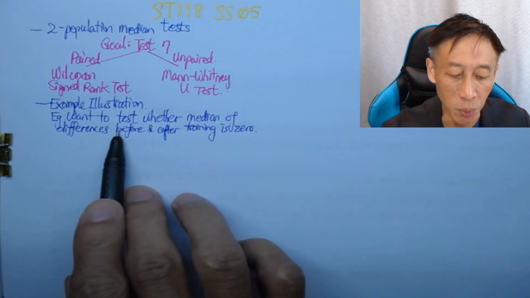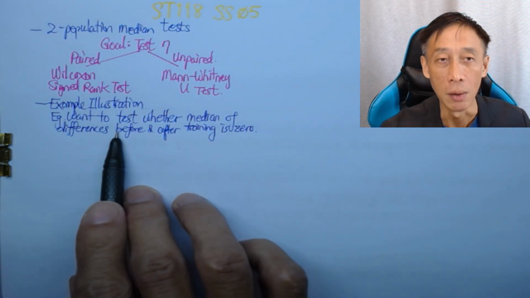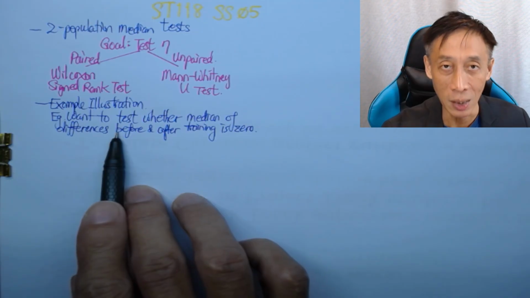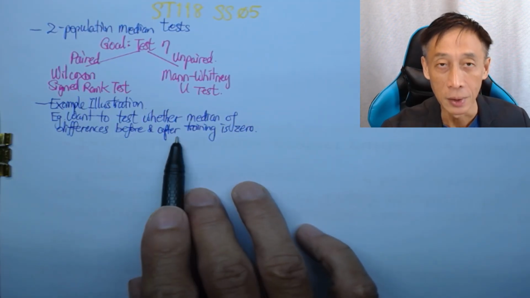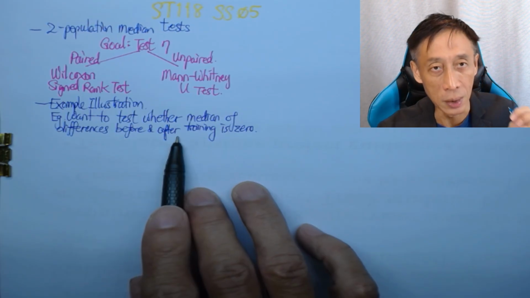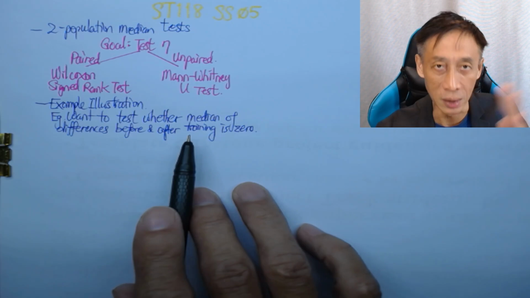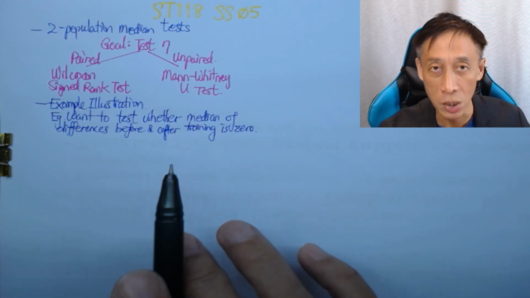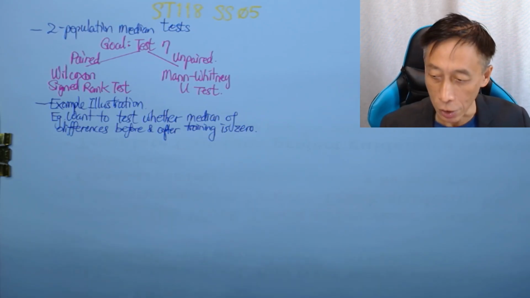So in this case, before the training the employees' productivity is measured, and after the training the employees' productivity is measured again. So the person group is the same, but the timing is different, right? So this is again also a very frequent area of application for